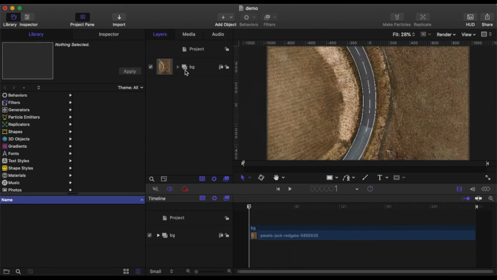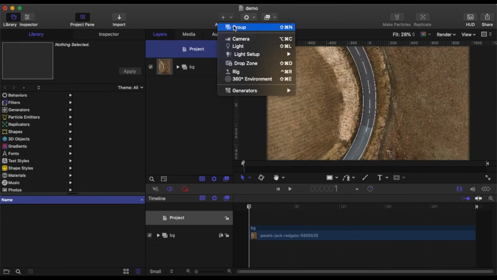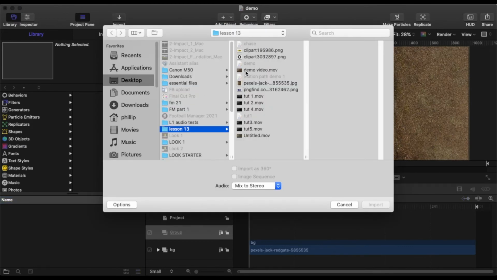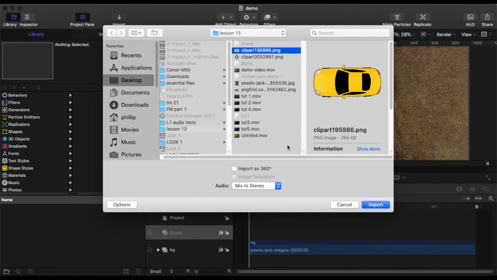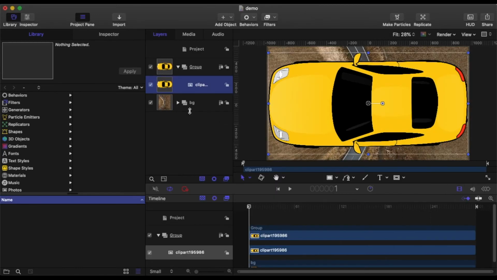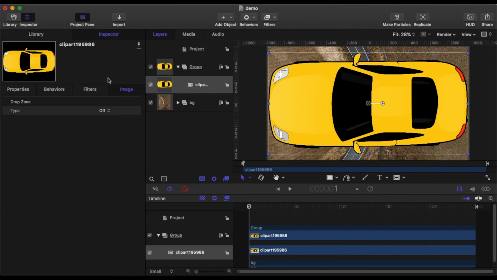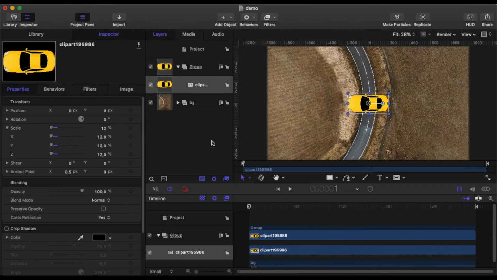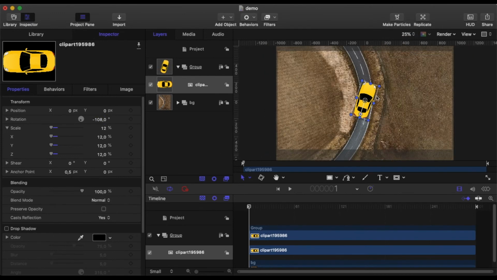Some applications, well, this police car chase I did. I've just got a background of a road there, and then I'll make a new group and import the yellow car. Go to the inspector, and we'll scale that down a little bit so that we can see what's going on. And then we need to rotate it, and then we will position it. So I'll reduce the scale,